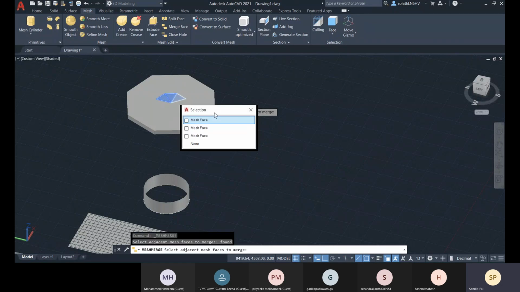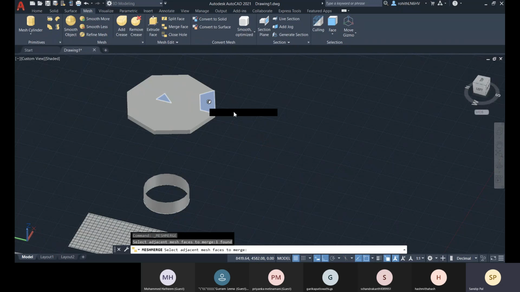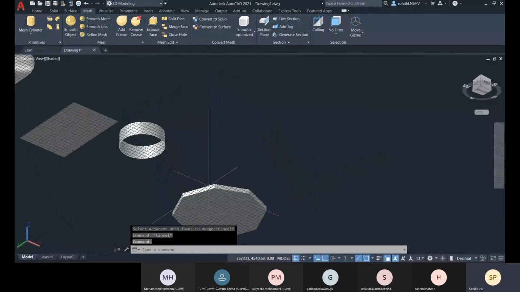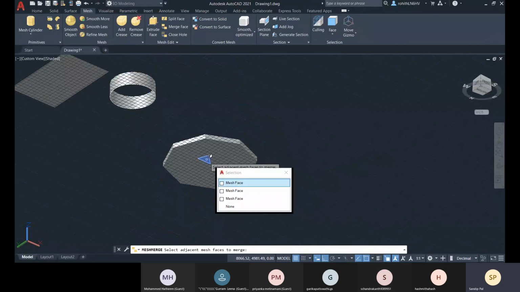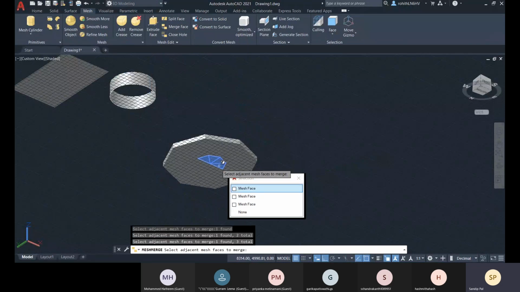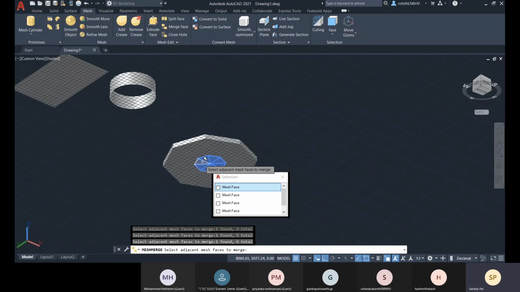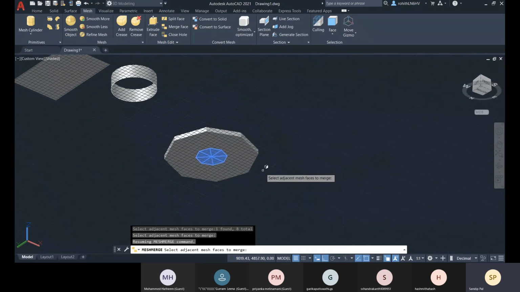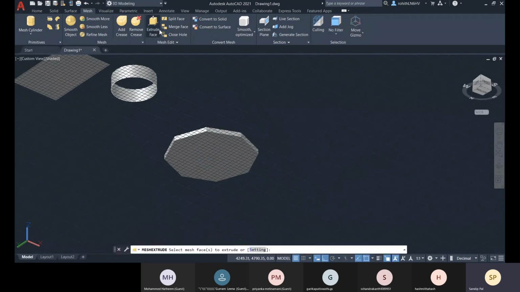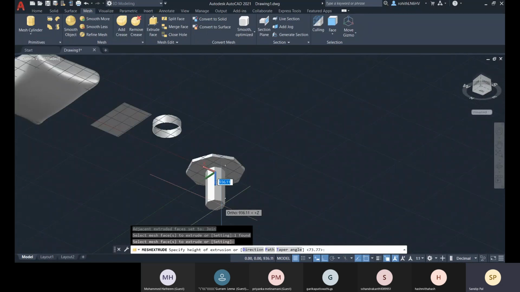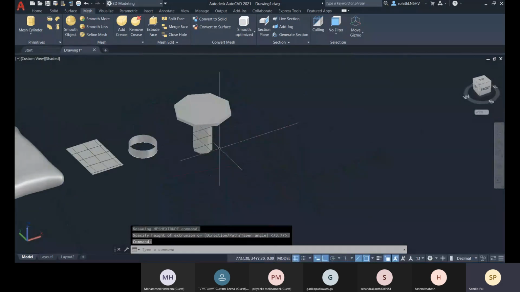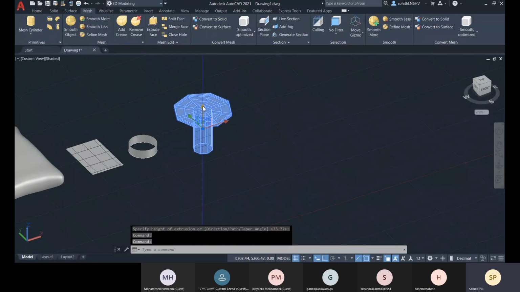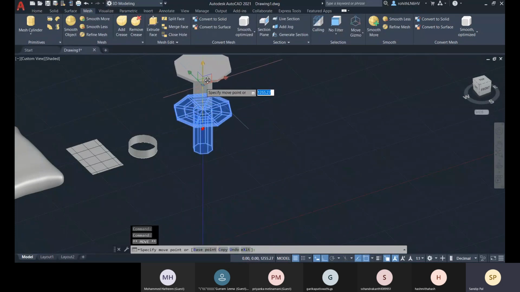So let me merge, not for this, from the bottom side. Let me merge faces. Okay, enter. And now I'll go for extrude face. I will extrude this face. Go for enter. Let me bring it up.